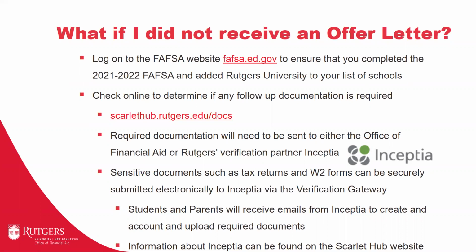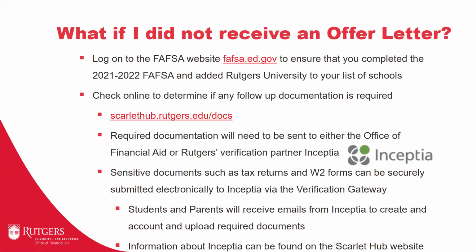Currently, we have two FAFSAs available online, the 2021 and the 21-22 FAFSA. Sometimes a student can make the mistake of completing the 2021. So we suggest you first double check that you completed the 21-22 FAFSA and make sure Rutgers is added to your list of schools on the FAFSA. So that's the first thing.